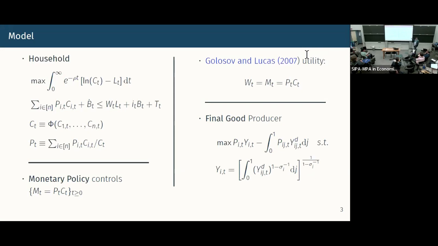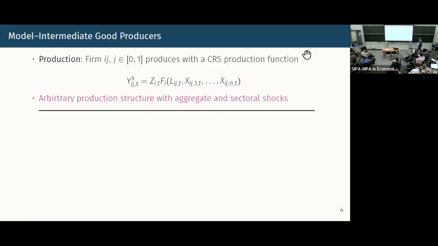Now I'm going to show what's happening in each of these sectors. In each sector, we're going to have a final good producer that's going to be competitive. So this producer has zero value added. What it does is it just buys from a continuum of intermediate good producers in the sector, packages a final good using a CES aggregator with sector-specific elasticity of substitution, and then sells it to the household and all the other sectors that want to use this as an input. Okay? So there's no network here. The network is going to come from these intermediate good producers buying from all of the other sectors and producing using that. So let me show you that.